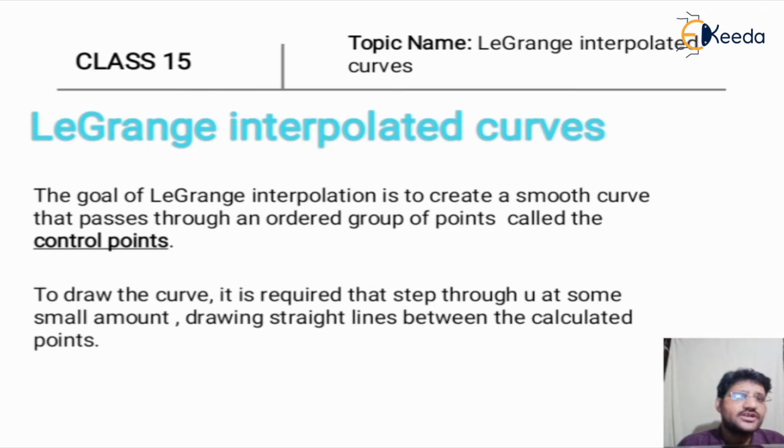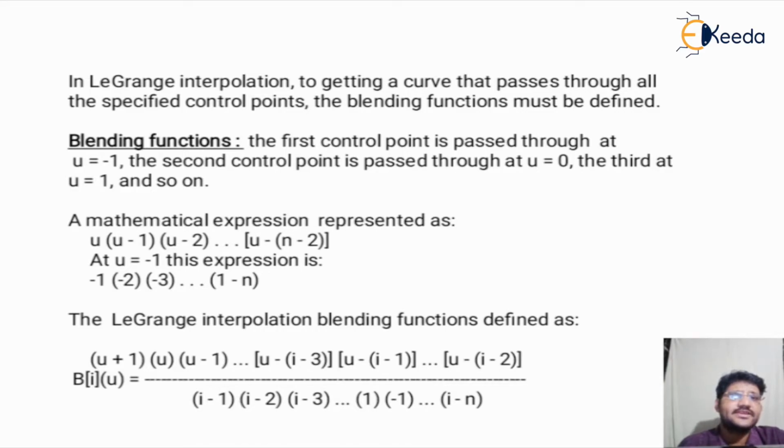To draw the curve, it is required to step through u by some small amount, drawing straight lines between the calculated points. In Lagrange interpolation, to obtain a curve that passes through all the specified control points, the blending function